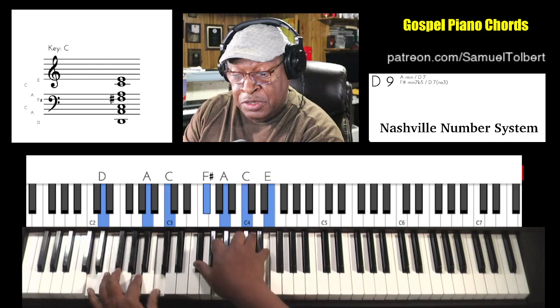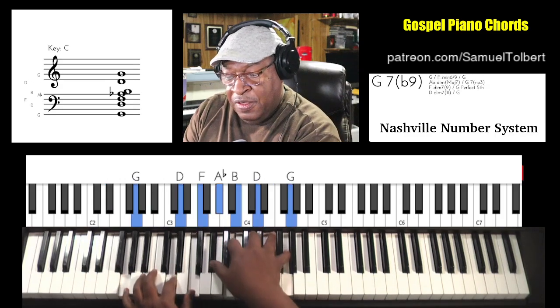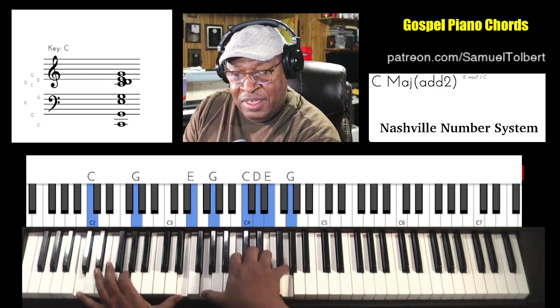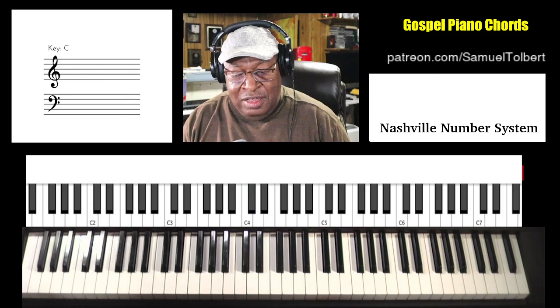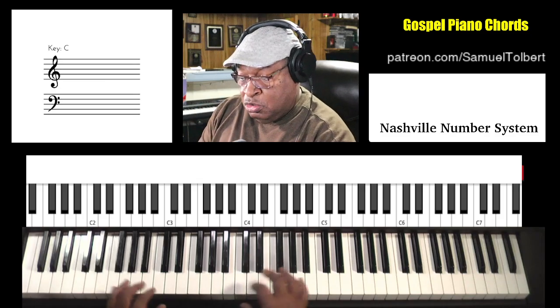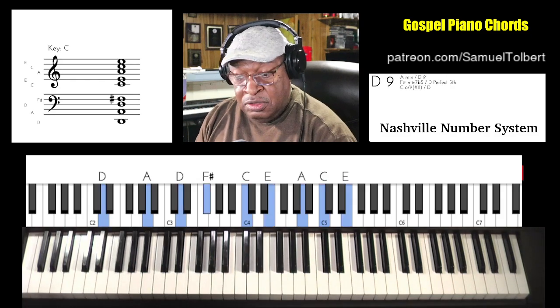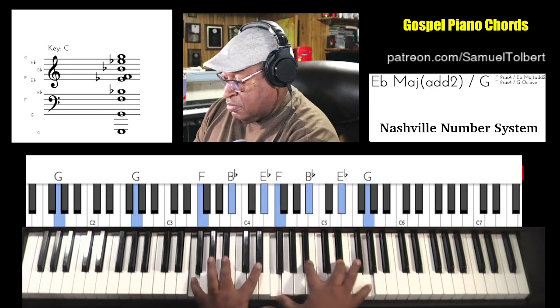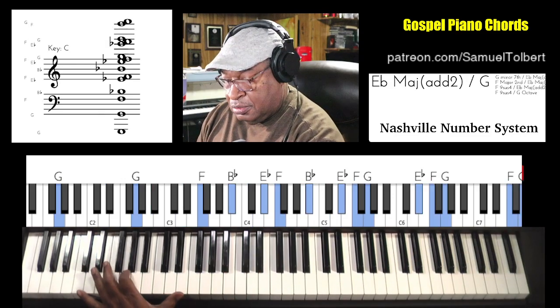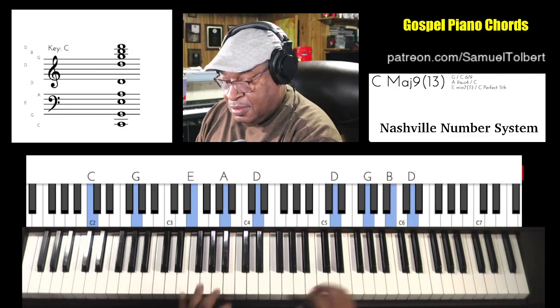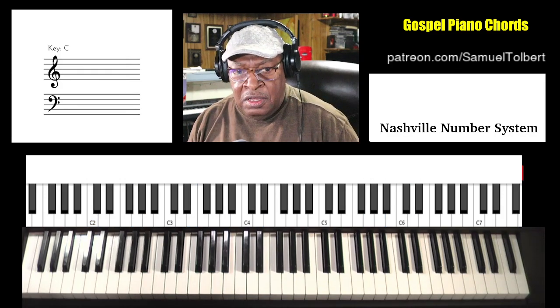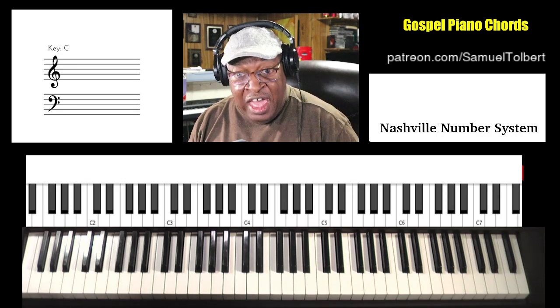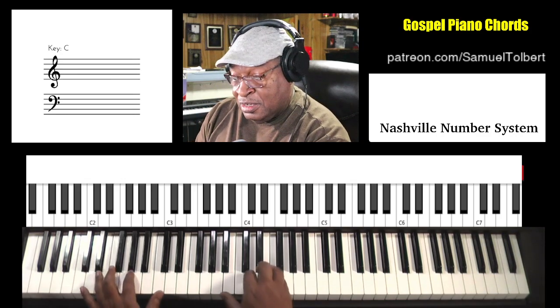Okay, this is what you're going to do in the 2. This is what you're going to do in the 5. So every 2, 5, 1 progression you make is always going to sound like that. No, it's not. Depending upon the chord you use, the progressions are going to change. The chords will change. So every 2, 5, 1 doesn't sound the same if you add more chords. If you go basic,